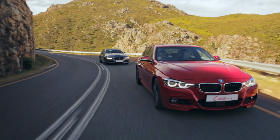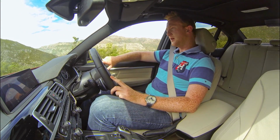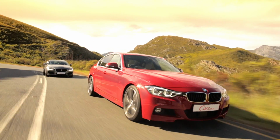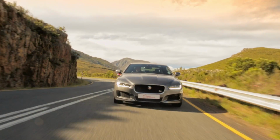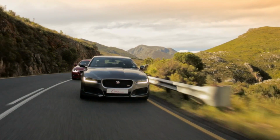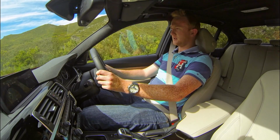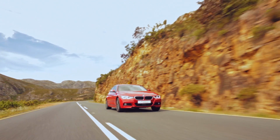3-litre straight 6 turbocharged, 240 kilowatts, 450 newton meters. Power in the 340i is delivered to the rear wheels through an 8-speed automatic transmission. Interestingly enough, the Jaguar has exactly the same transmission from the same company. Both gearboxes come from ZF. BMW 340i sounds fantastic at full chat. I mean, that's 6-cylinder. Oh yes, that's